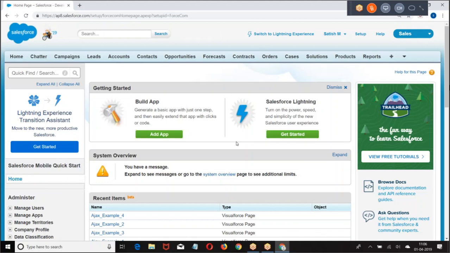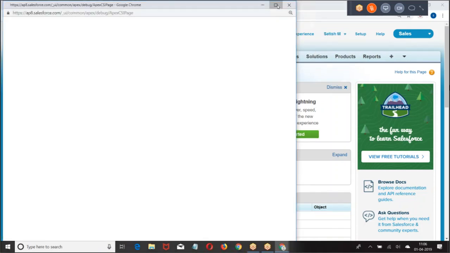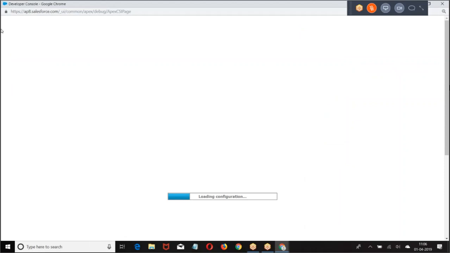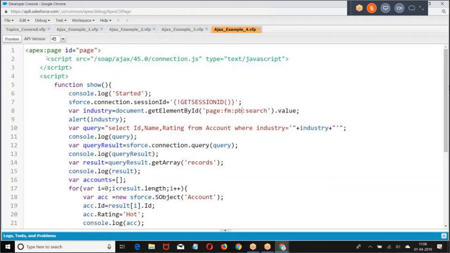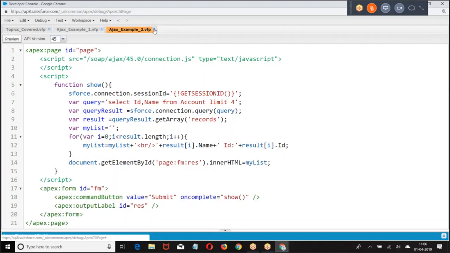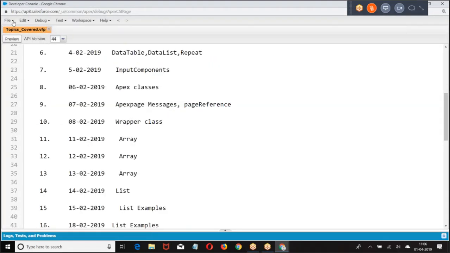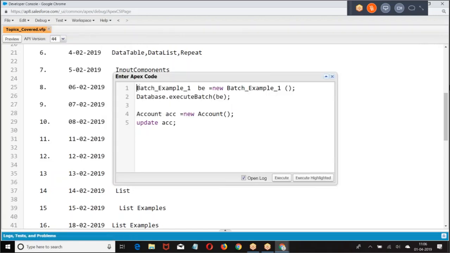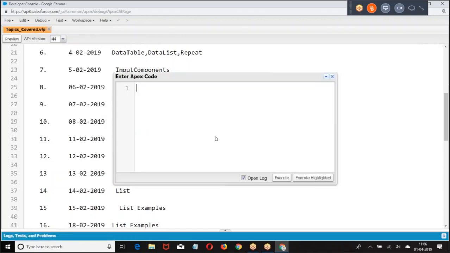So let us see. Generally, every sObject has an equivalent Apex class. So when I say Account, it is an Apex class referring to an sObject called Account.